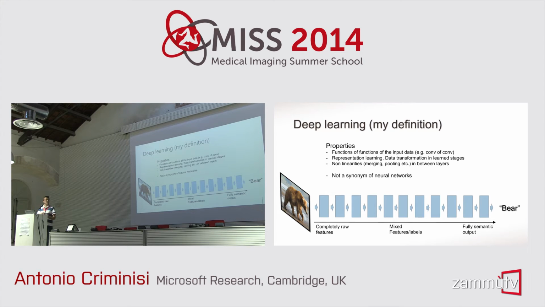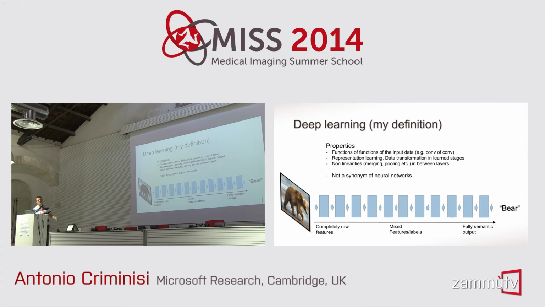So you can interpret them already as being a little bit more semantically rich, a little bit more label-like, but at the same time not quite. They're still quite close to the raw features. And then more and more. So you can see it as a line where you go from completely raw features, could be the RGB pixels of your image, to something which is intermediate, mixed, to something which is my desired final fully semantic output. So this is an interesting way of looking at this.